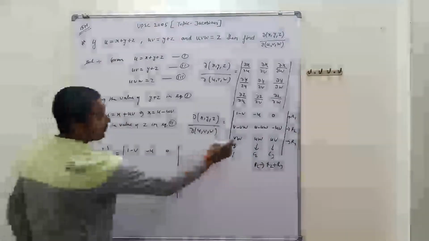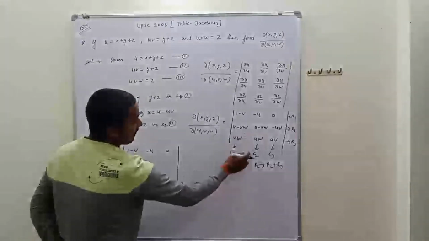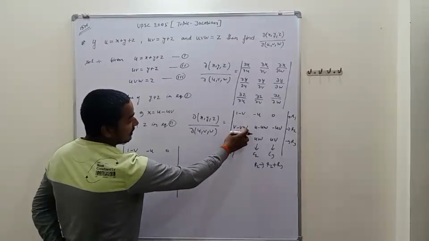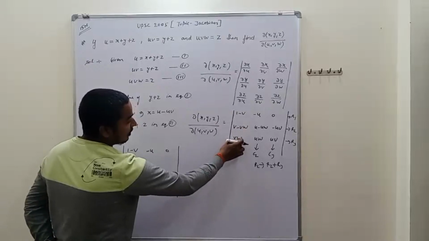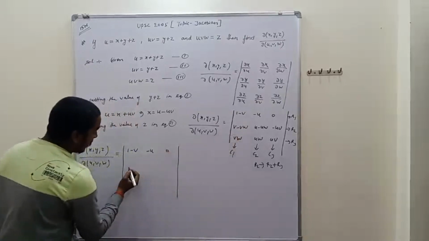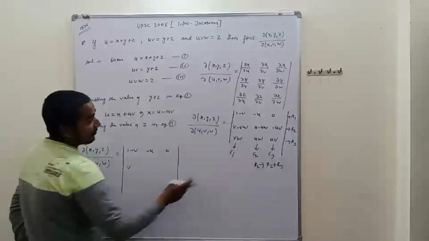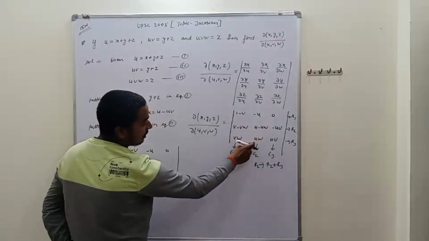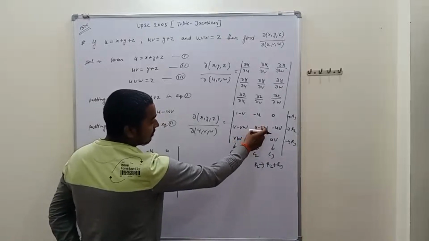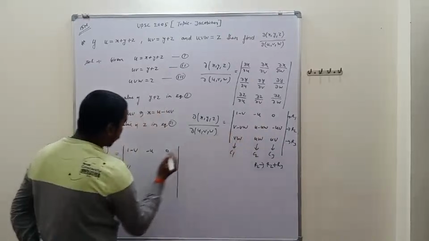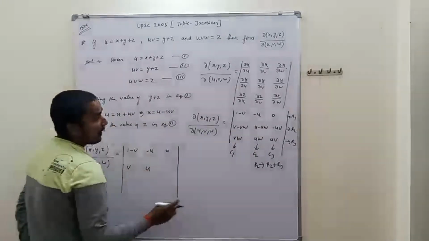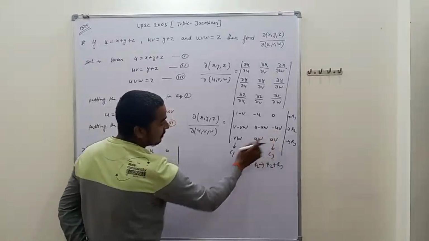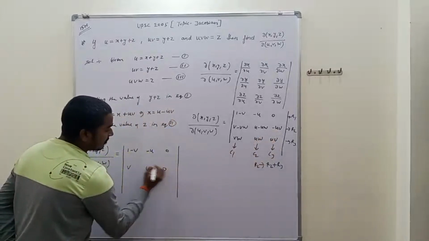And R2 in place of R2 plus R1, that is minus V minus VW plus VW cancel out, then the remaining is V. From here, U minus UW plus UW cancel out, then the remaining is U. And from here, R2 plus R3, U minus UV plus UV cancel out, it is 0,